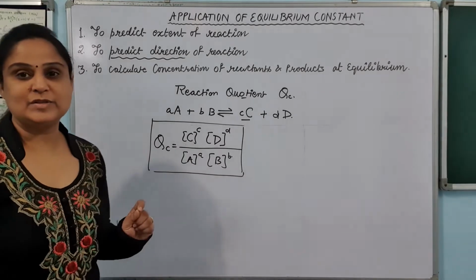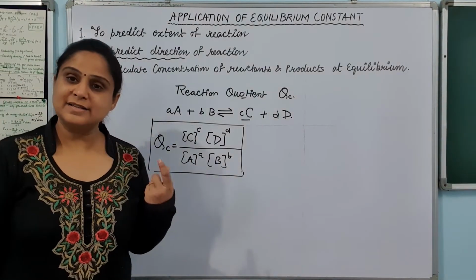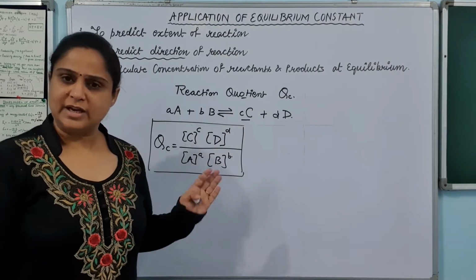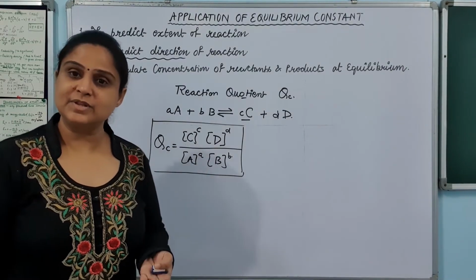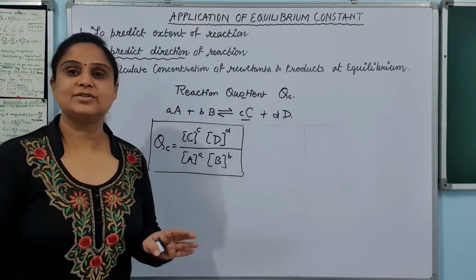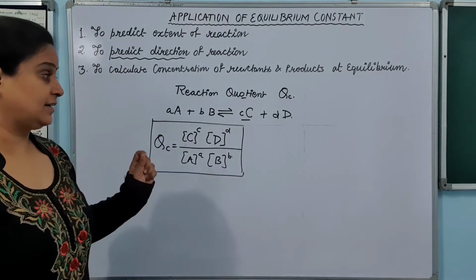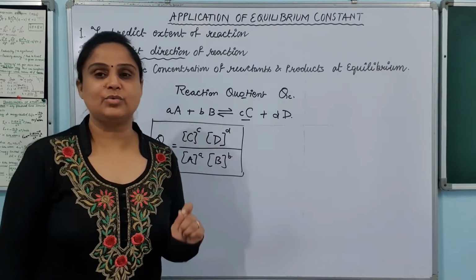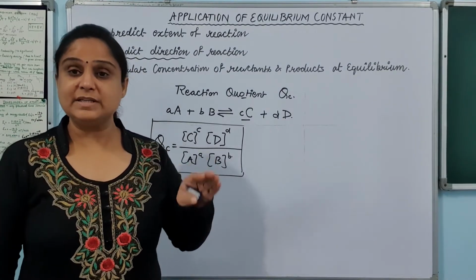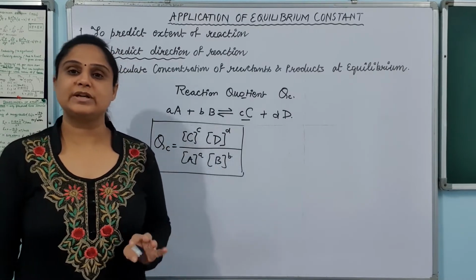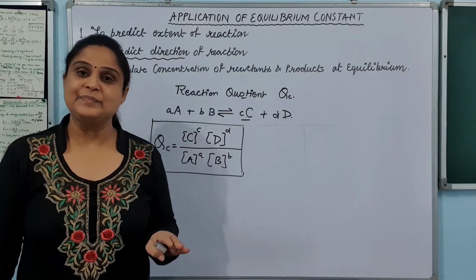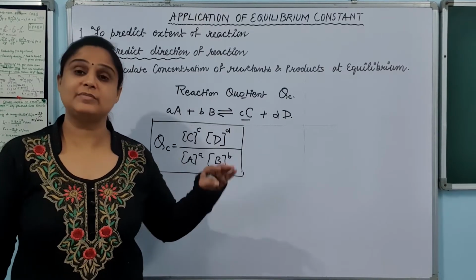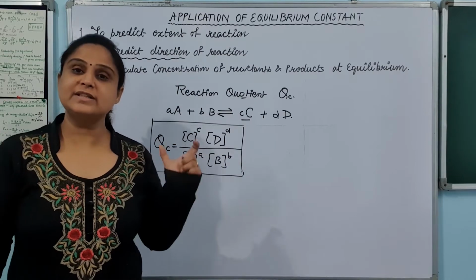Now definitely you must be confused. You must be thinking this is the same thing which we have learned in the equilibrium constant. So क्या Qc and Kc is the same thing? No. Qc and Kc are not the same thing. The major difference is Kc is taken only at the equilibrium state. When the reaction approaches equilibrium, then we calculate Kc. The equilibrium का constant, when the reaction approaches equilibrium, then we calculate the Kc using the concentrations at the equilibrium.